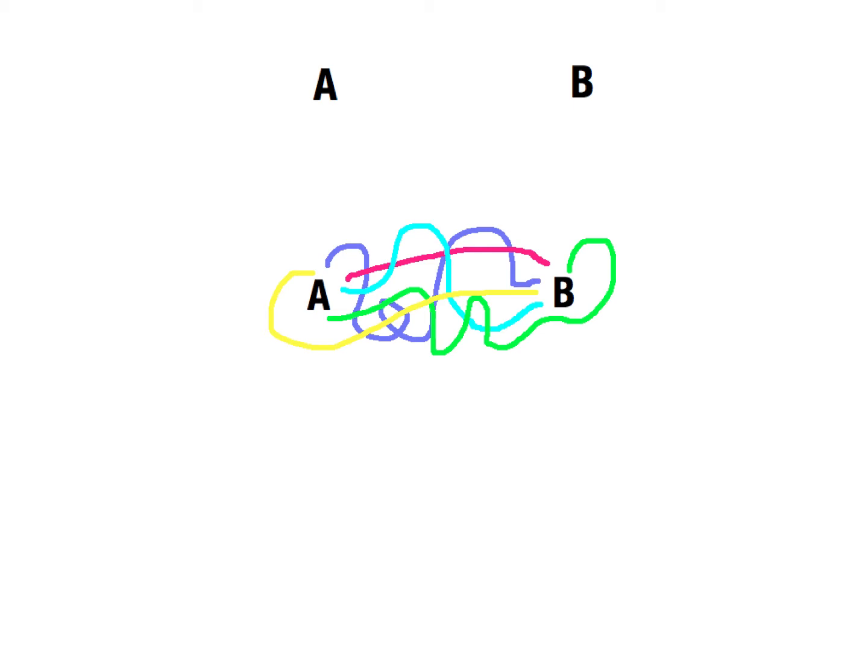So you have the blue path that has that big loop in it. You have that green path that goes out past B and back around to it. You have the yellow path that goes around A. Let's take a look at the yellow path.